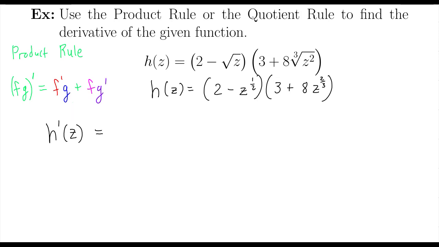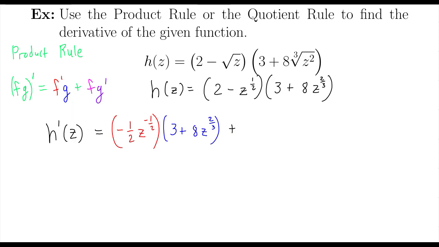So the derivative of the first, derivative of 2 is 0. Derivative of negative z to the 1/2 power is negative 1/2 z to the negative 1/2 power times the second one left alone, plus